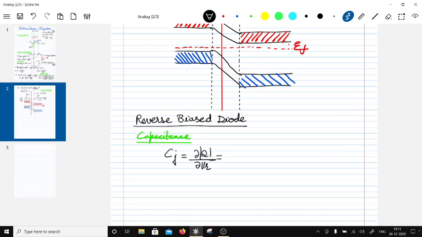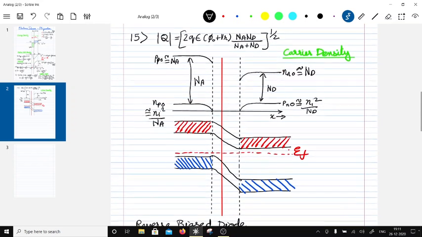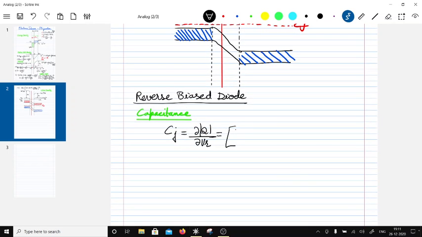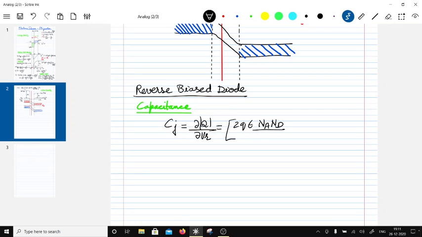I will take the terms which are independent of VR outside. That will be twice of Q epsilon N A N D, divided by Na plus Nd, right? And then differentiate with respect to VR, so that will be half of root of